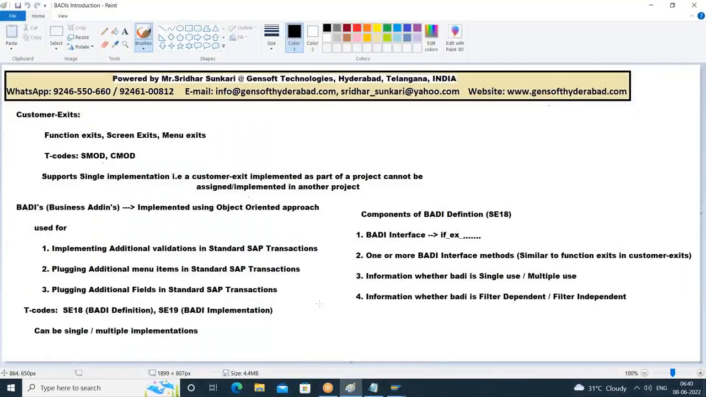If you take customer exits, what are the components? We have function exits, screen exits, and menu exits. Menu exits we have not yet discussed. We'll see it after a few days along with BADIs. What are the T codes we use in customer exits? SMOD and CMOD. Customer exit supports a single implementation. What is the meaning of that? A customer exit implemented as part of a project cannot be assigned in